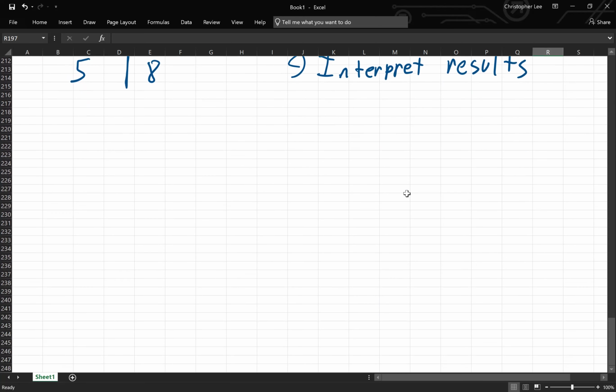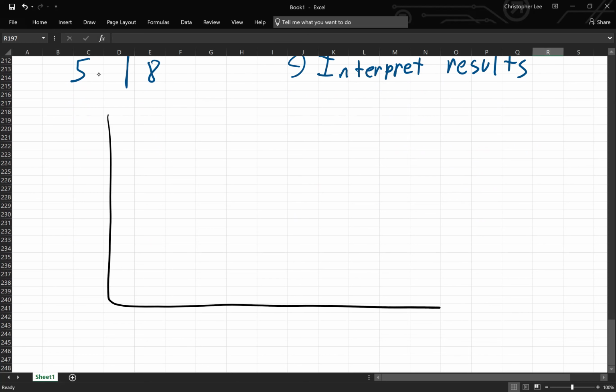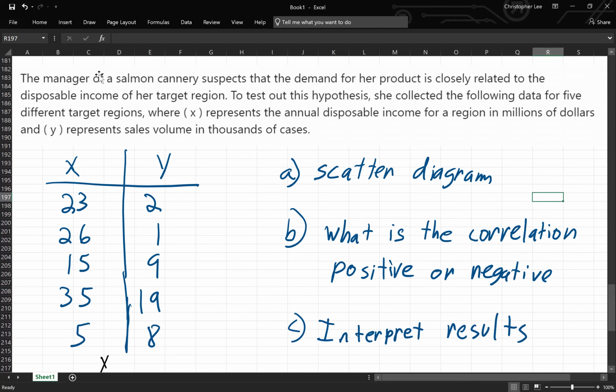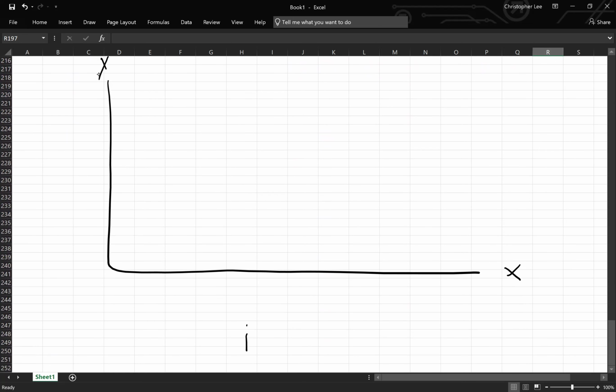So first things first, I want a diagram. Bam, just like that, right? This is my x-axis, this is my y-axis, right? And then X is what again? Let me see. So X is income, Y is sales, right? So right here, this is income, this is sales,